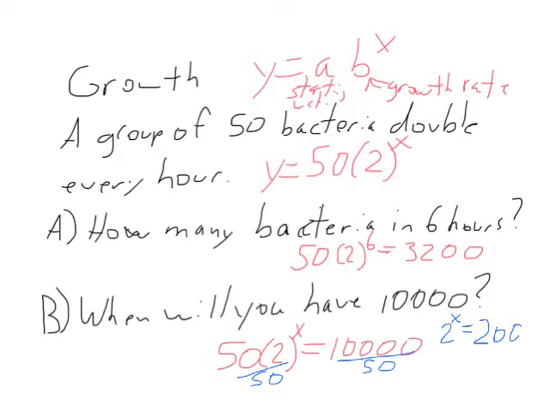10,000 divided by 50, definitely. Okay. So now we can rewrite that with logarithms. We've learned to do this little spiraling thing with logarithms, and we could say, hey calculator, the logarithm base 2 of 200, what would that give you? So you would just grab your calculator using that fancy button that we've learned, and you would type those in,